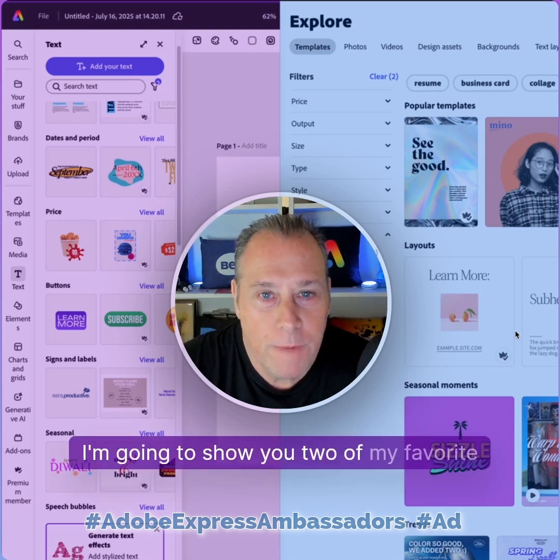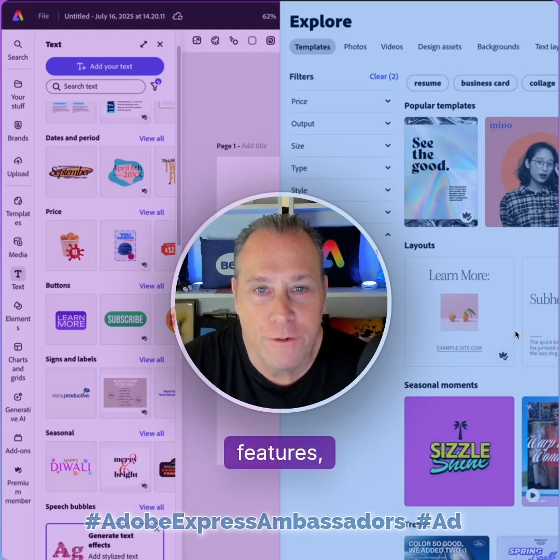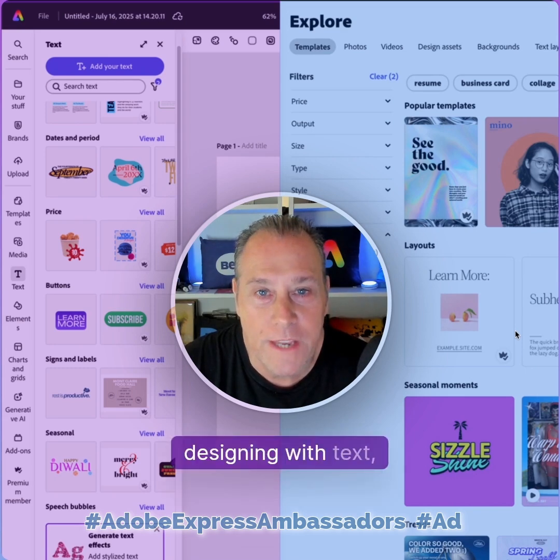I'm going to show you two of my favorite Adobe Express features: designing with text and utilizing templates for various